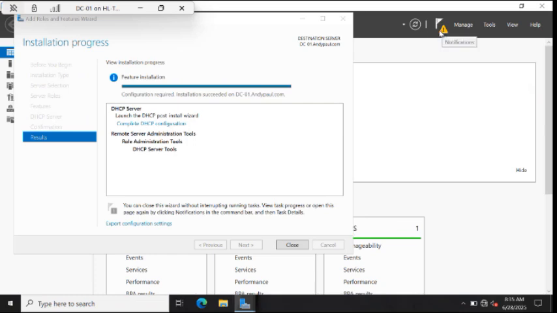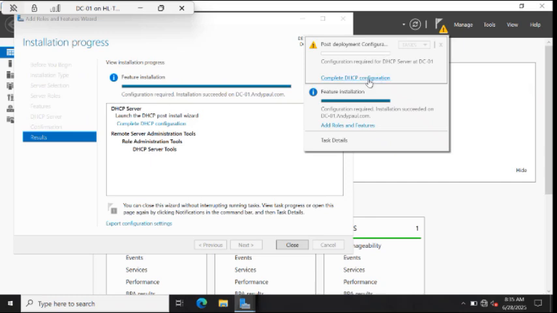And here you see a warning sign beside the notification flag. And that is just to say my attention is needed there. Meanwhile, the installation is completed, and here you see complete DHCP configuration, meaning that the configuration has not been completed yet. I can either just click here to complete it or finish up, or I will come here to see which